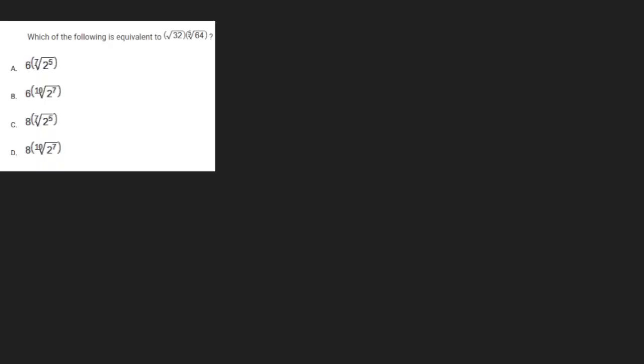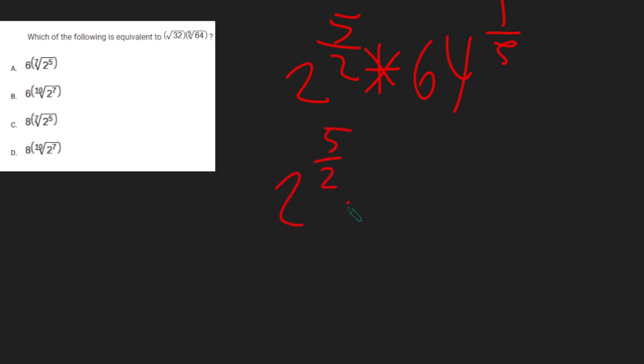Next question. Which of the following is equivalent to root 32 times the fifth root of 64? So root 32 is equal to 2 to the fifth power over 2, and this is multiplied by 64 to the 1 over fifth power, and so this equals 2 to the 5 over 2 times 2 to the 6 over 5, and this equals 2 to the 5 over 2 plus 6 over 5, so that equals 37 over 10,